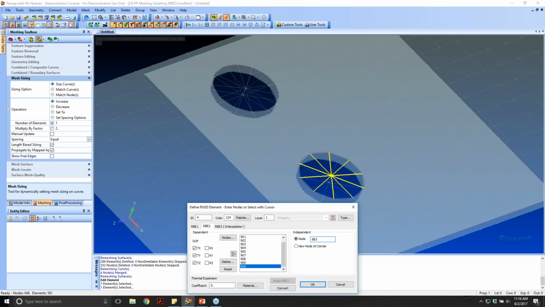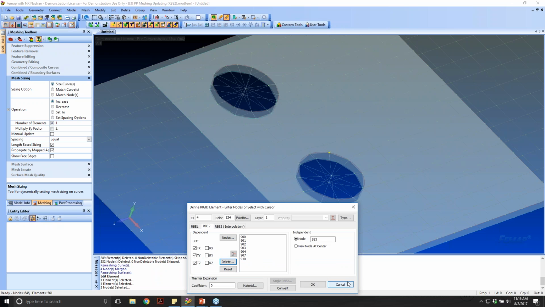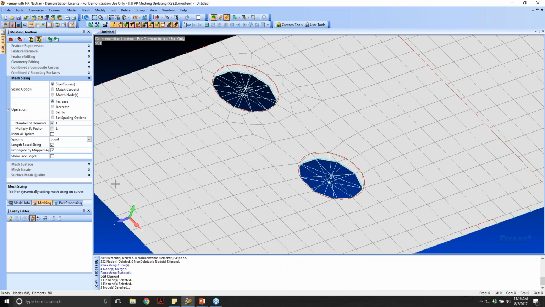I'm going to select one of these nodes down here and click delete. So I want to delete these nodes to emulate a disconnect, right? Now that center independent node won't be connected to this particular node with an RBE2 element. Click OK to confirm that. Click OK. Now if I go to increase the fidelity or the mesh density around it, I can go ahead